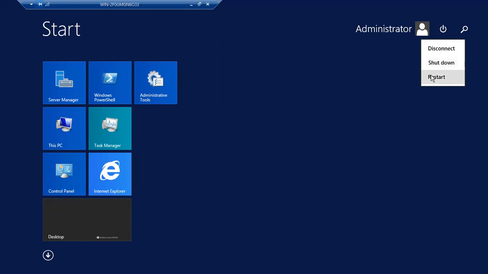We will restart during some activities like patching, or to fix an issue. If you shut down, you are going to lose control of the machine completely. Again, some Windows person has to come and start the server. If you restart the server, it will be restarted. Maybe you will lose connection for a while, maybe 5 or 10 minutes. Again, the server will be back and you can connect. And even that, it's not like you can restart the server on your own. For restarting a server also, you have to take a lot of approvals. Only if everyone approves do you go for a restart.